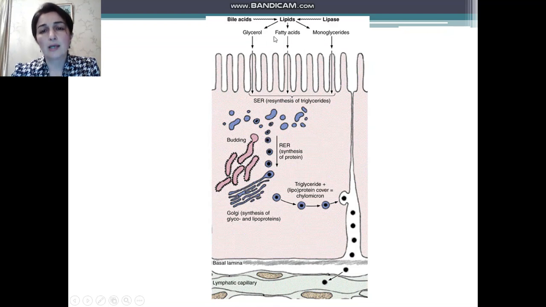The fatty acids with short chains will be absorbed into the cell and into the blood circulation. But the fatty acids with long chains, as well as monoglycerides, are absorbed into the cell. And here in the smooth endoplasmic reticulum,